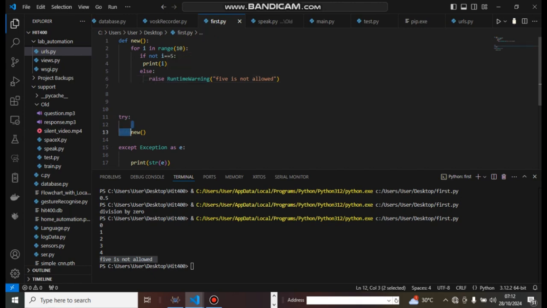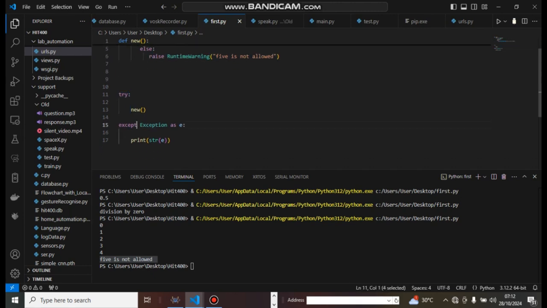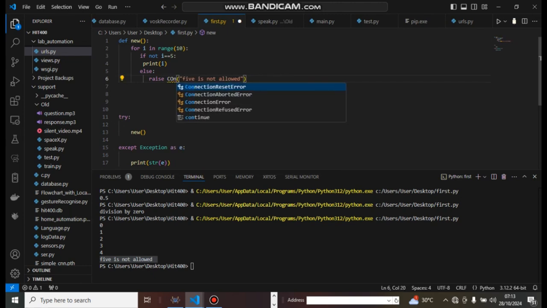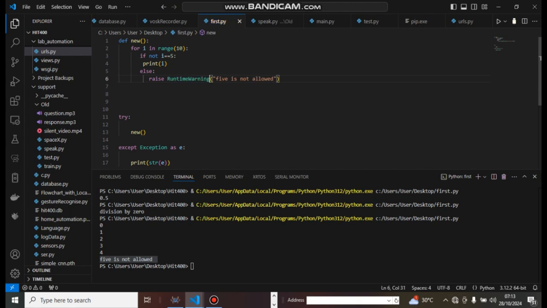So this is the try, the except, the raise function. The try is to try a specific block of code. Except is the code that is executed when it fails to try. Exception as E is just giving us what the exception is. This is just printing out the exception, or what the exception was in the first place. This is raising an error if you want to define your own type of error. So there are different types. They can be connection errors. In this situation, we're not dealing with any internet access or whatever; we're just dealing with a runtime warning. A runtime warning is saying 5